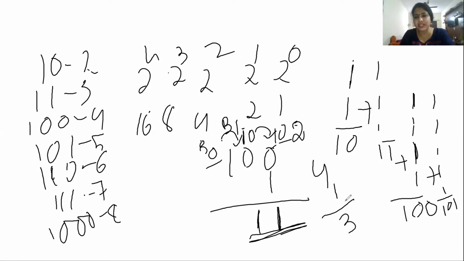So there are certain rules, formulas and tricks, and if you remember them, then it is very easy for you to do arithmetic operations in binary and conversion from binary to decimal and decimal to binary. I hope all of you understood and follow the tricks and try to solve some more conversions and some more arithmetic addition, subtraction, multiplication and division.